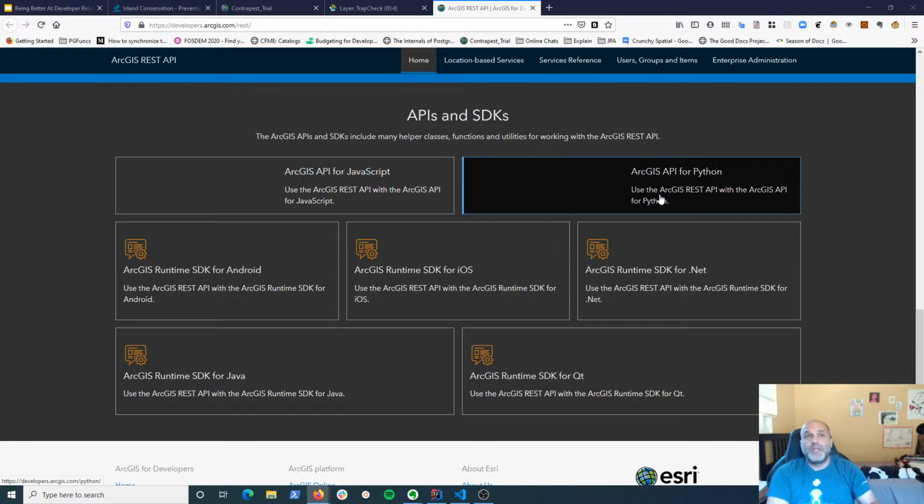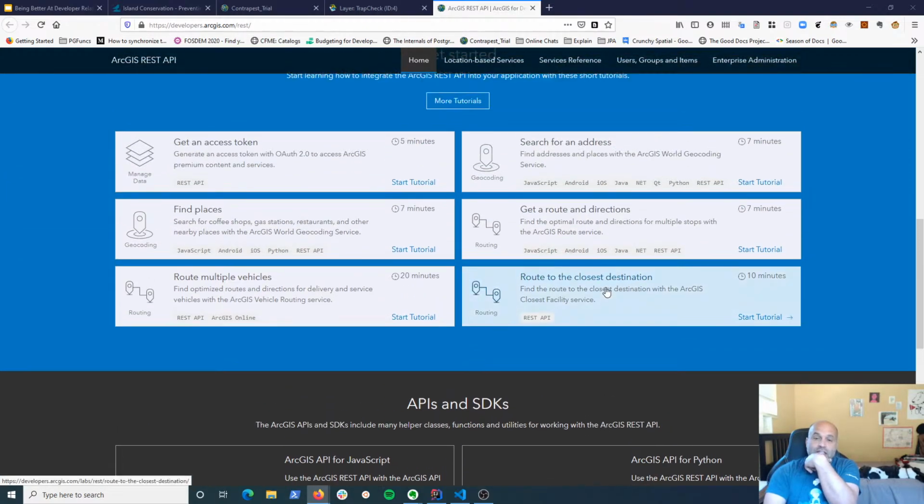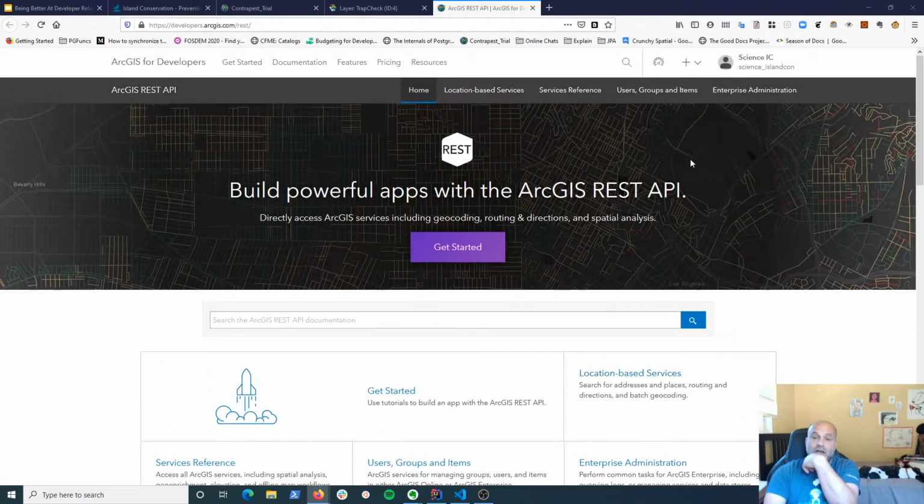Now, a little background knowledge. I used to work at Esri. I forget how many years ago, probably like 2005 to 2006. So 15 years ago. So I'm a little biased in my assessment of them. And I'm trying very actively to counteract that and just be as neutral as possible. Okay. I would say that if I were redesigning this site, I would move the SDKs up to the top to interact with.